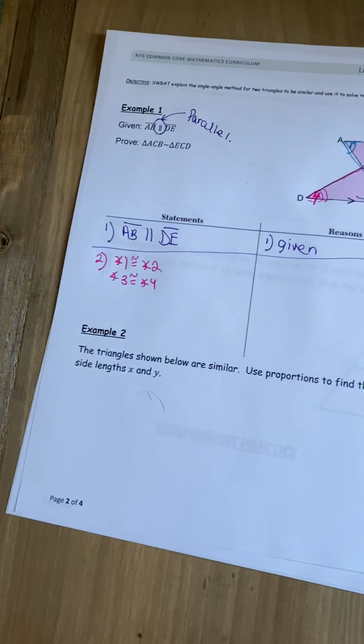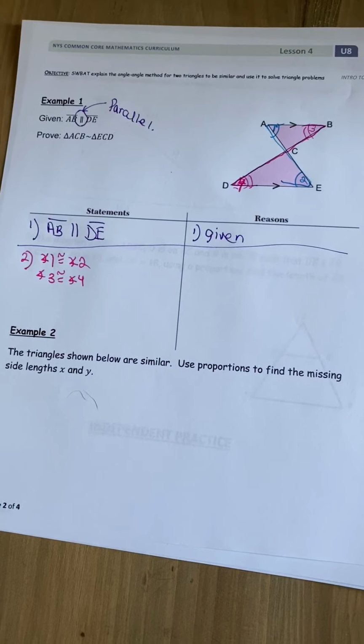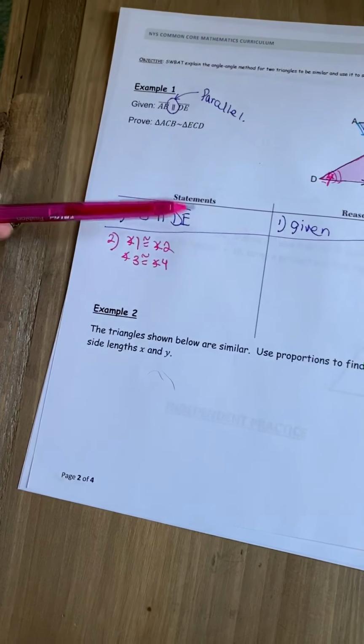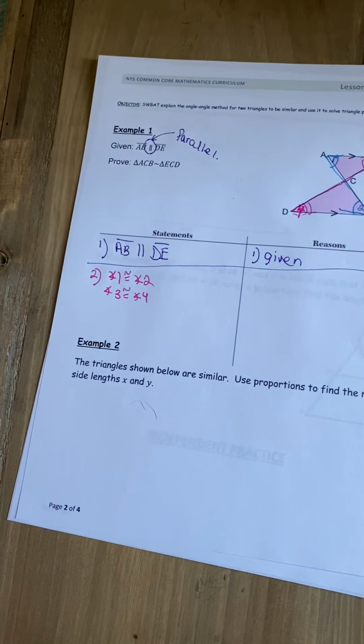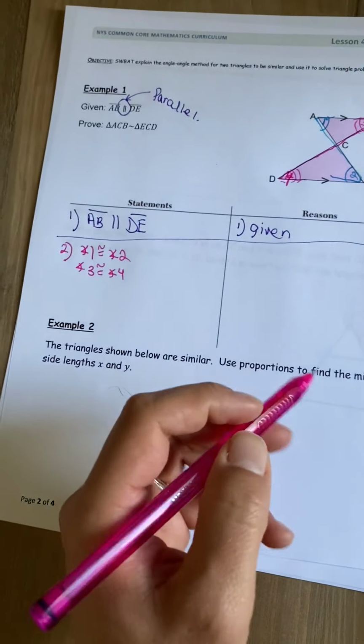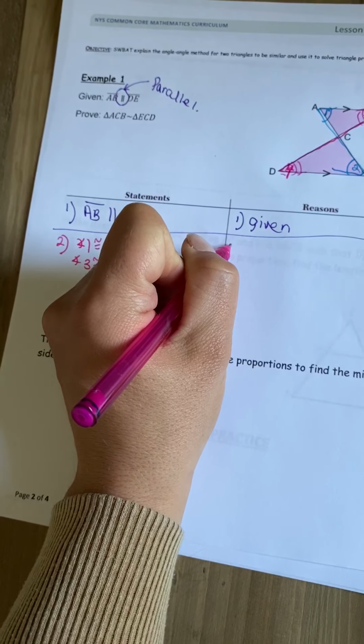I can put them in the same statement and reason though, because they're going to be because of the same reason. But notice that I didn't say that angle 1 is congruent to angle 2, congruent to angle 3, congruent to angle 4. That's not correct. Okay, and my reason is because